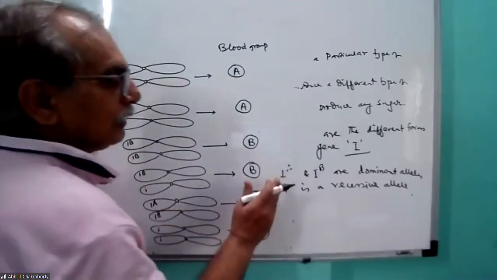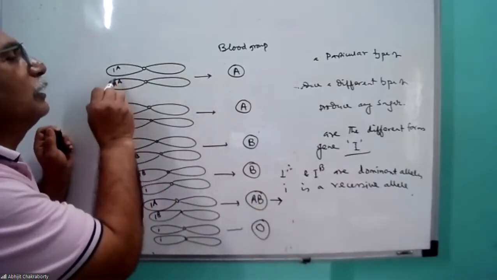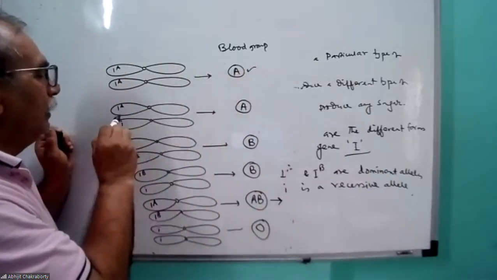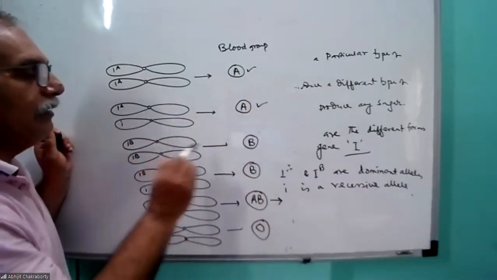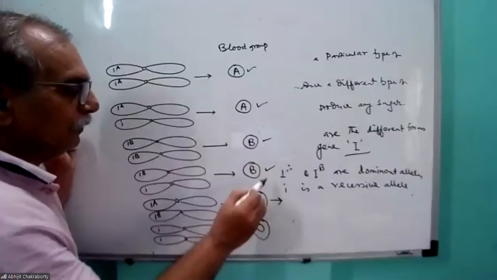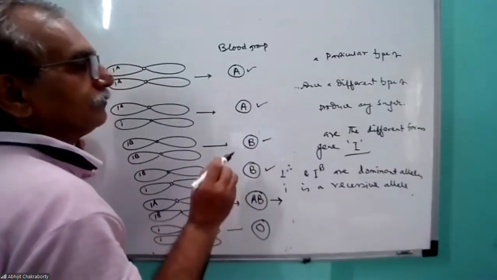Now, look at this example. In case of IA and IB, you see, IA, both are dominant, blood group is A. As IA is dominant over small i, it should be A. With IB, it should be blood group B. And in case of AB, in this case,